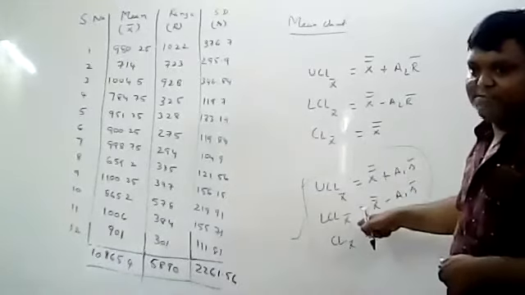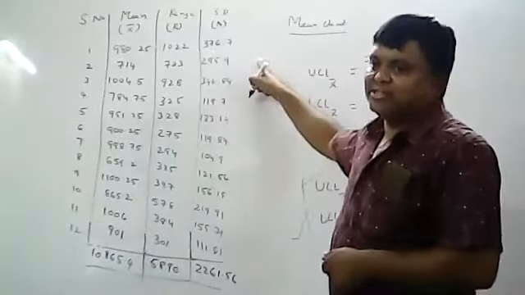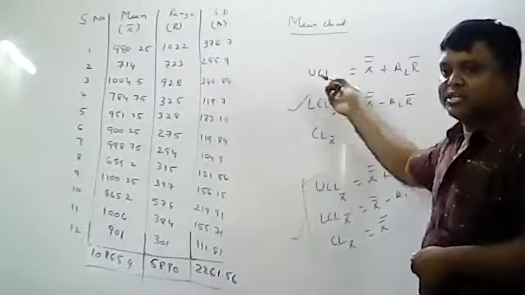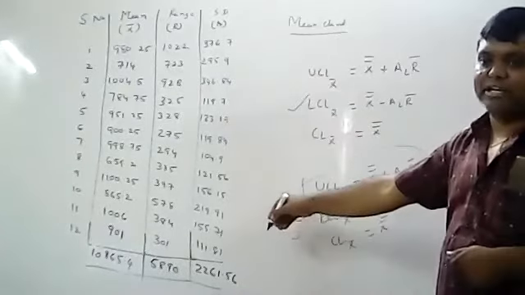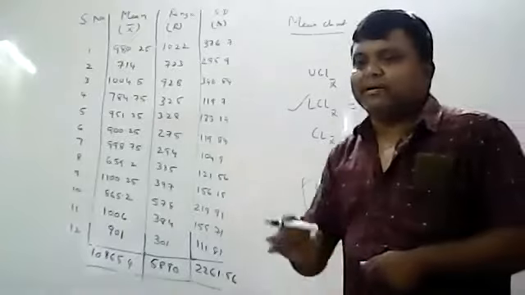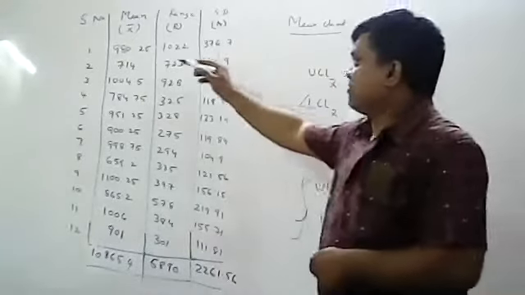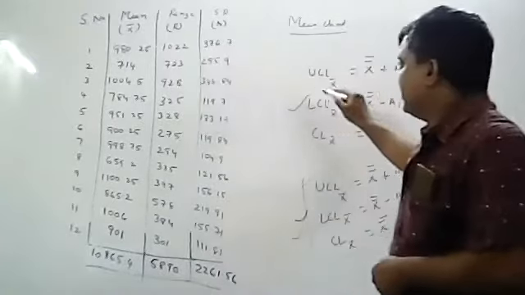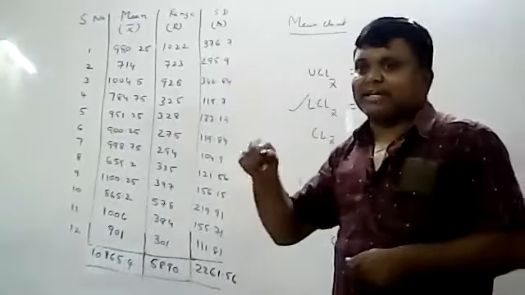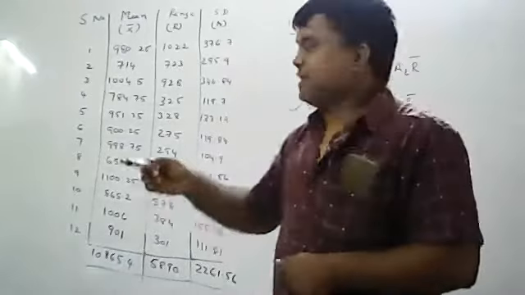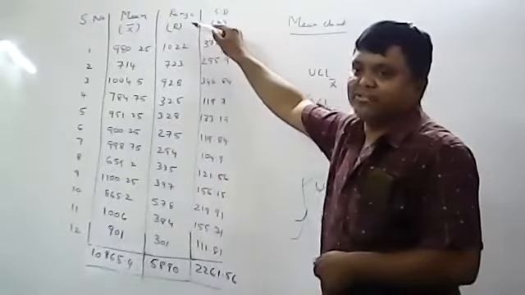You can use any set of formulas, but the range calculation is easy compared to standard deviation calculation. So that's why you can use the first set of formulas. If you want to use the second set, you can, because here I am calculating standard deviations also for this particular problem. Suppose in the problem only the mean and range chart are given. Then it is easy to calculate mean values and range values, and you can use these formulas if standards are not given. Suppose you ask to construct mean chart and S chart, then you can calculate mean values and S values and skip range values.